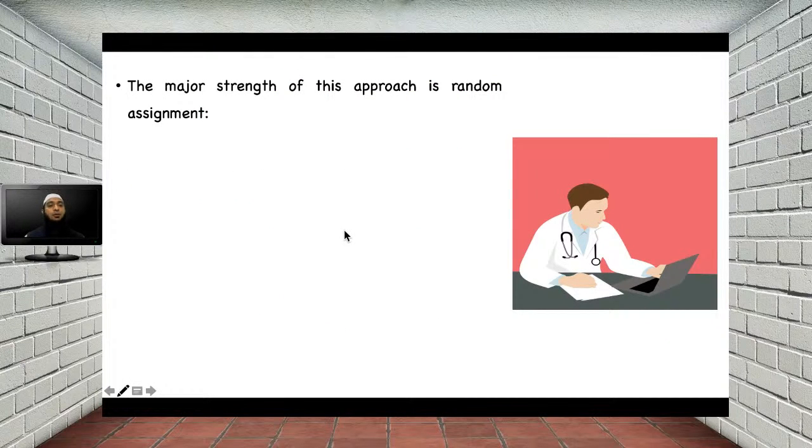Now let's see about the strength of the randomized clinical trial. What is the important strength of this study? The major strength of this approach is random assignment. Random assignment is the major strength of this study, because if you are doing